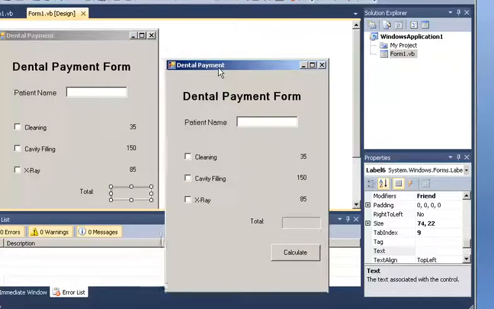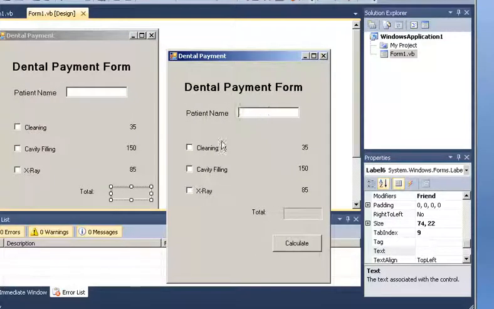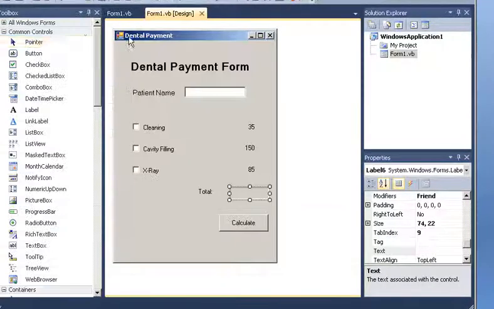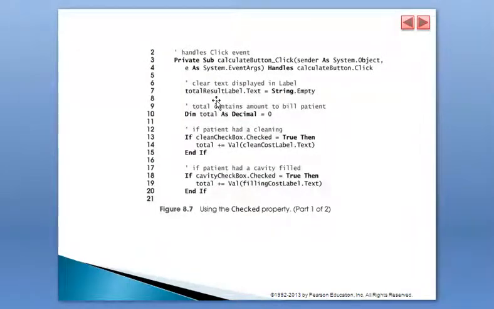Okay, so here the difference is that they name these checkboxes, they change the name. I mean, if you want to do that, you can do it by selecting the checkbox, and then on top it says something like name, so you can change that to something meaningful. The last thing that I'm gonna do is I'm just gonna